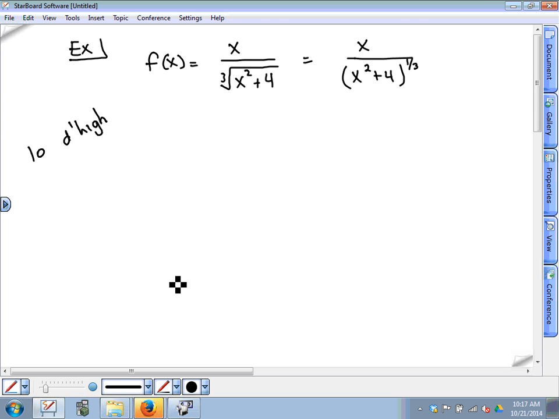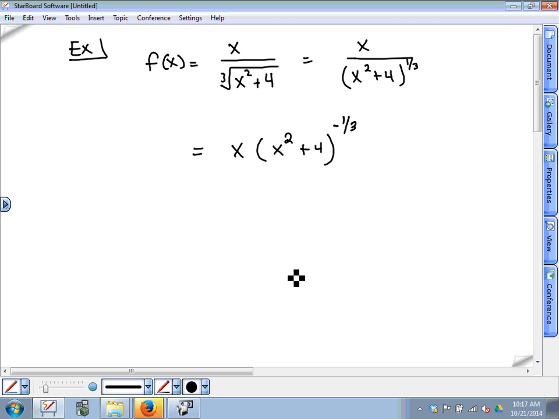I just flip the sign, pop the line, change the sign from the negative to the third. So you want to move this up? Yes, you multiply by the x, and then you have to do the negative. Boom. It's like that. So it's going to be x times x squared plus 4 to the